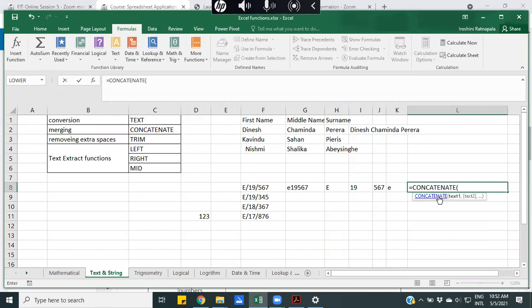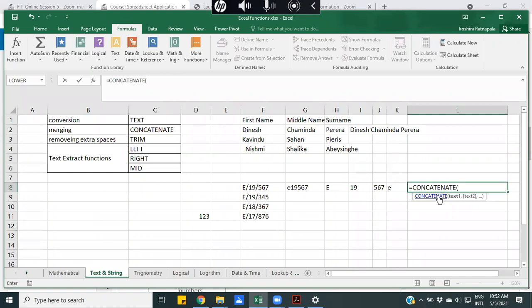I have to concatenate. So the first thing I should concatenate is E, right? To get the E, the outer operation in this one is the final one we converted, right? So that's the outer one.